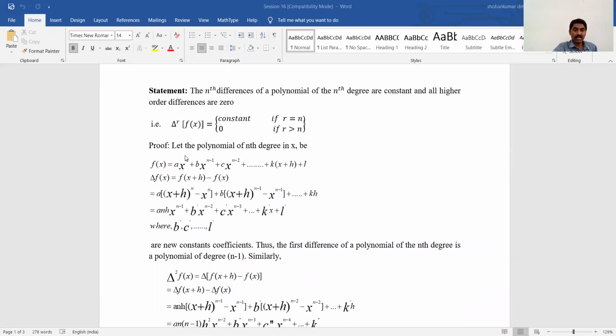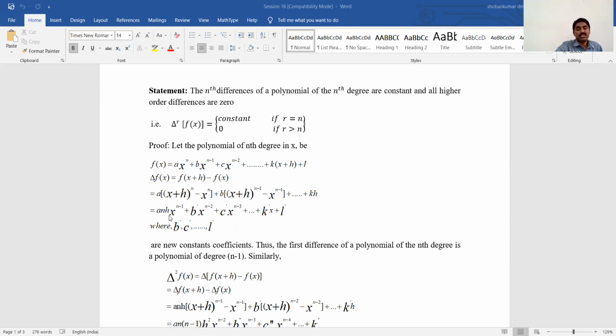Therefore, applying delta on both sides, we get a into (x plus h) all to the power n minus x to the power n, plus b into (x plus h) all to the power n minus 1 minus x to the power n minus 1, plus and so on. The last term is kh. Again expanding (x plus h) all to the power n using the binomial theorem and simplifying,